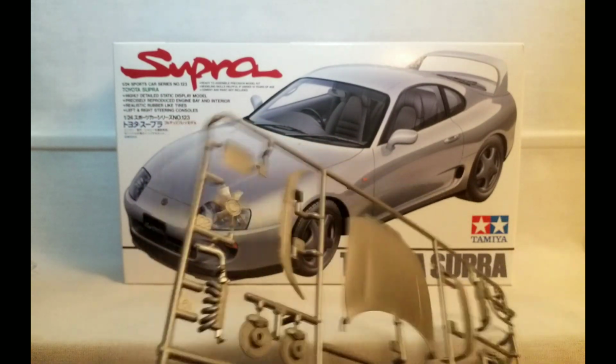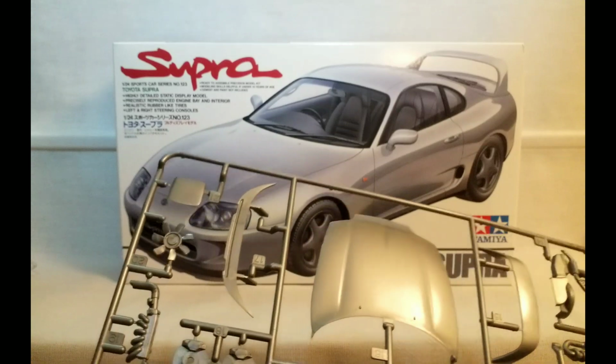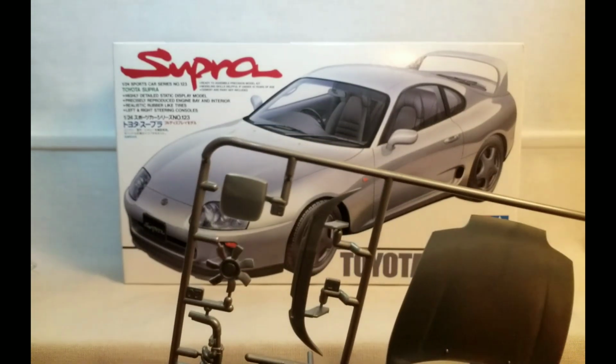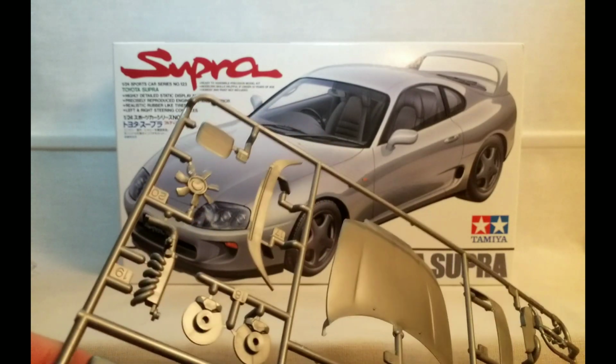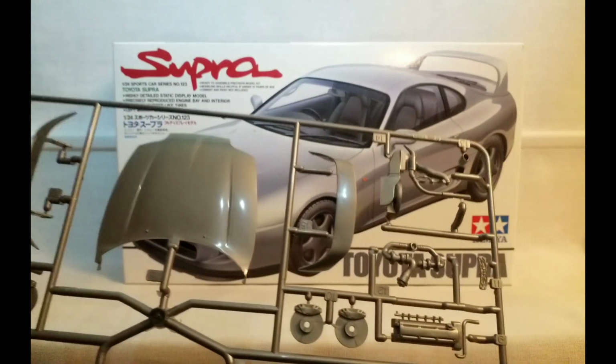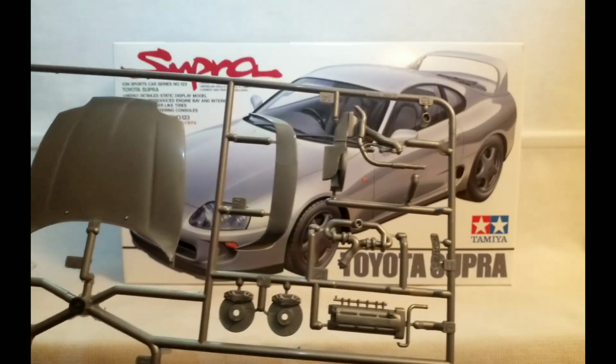It's a hood scoop there. You can make this different versions. You can make the JDM version, the USDM version, and the European version, which I think comes with a hood scoop. The bonnet there, rear spoiler,